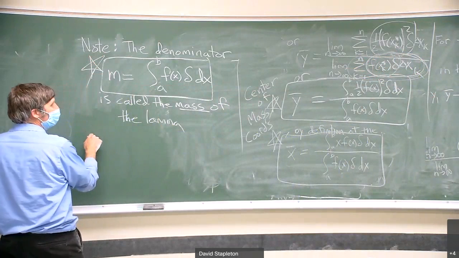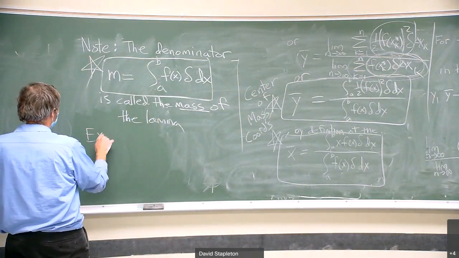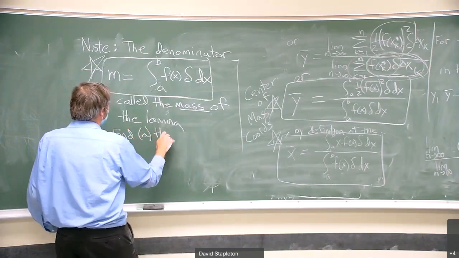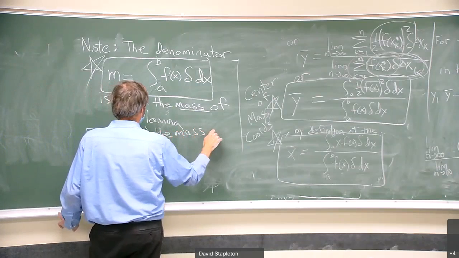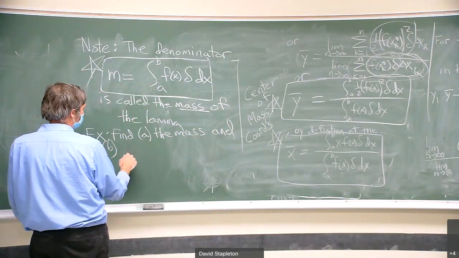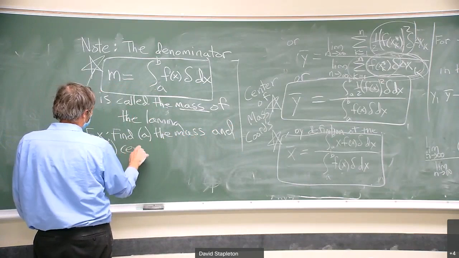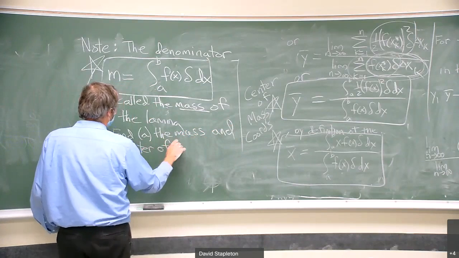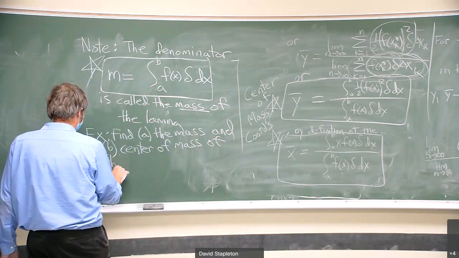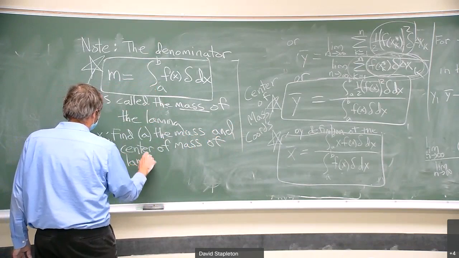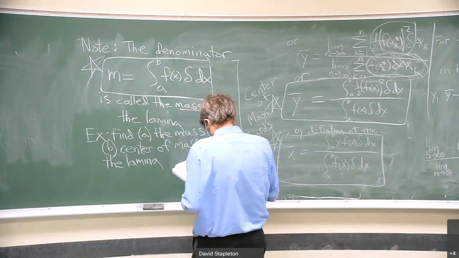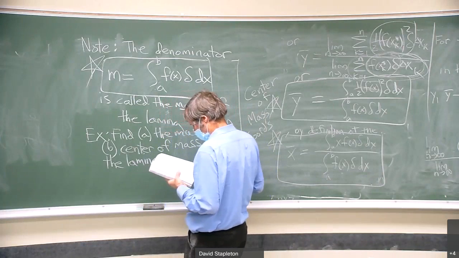Now the problem says, find A, the mass, and B, the center of mass, coordinates x bar, y bar, of the lamina, the plane region, bounded by,